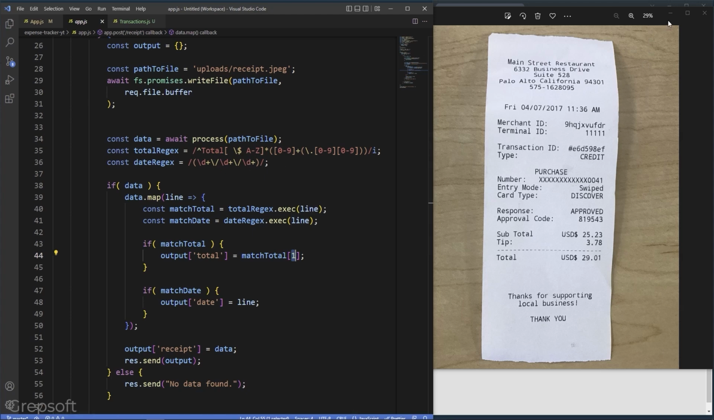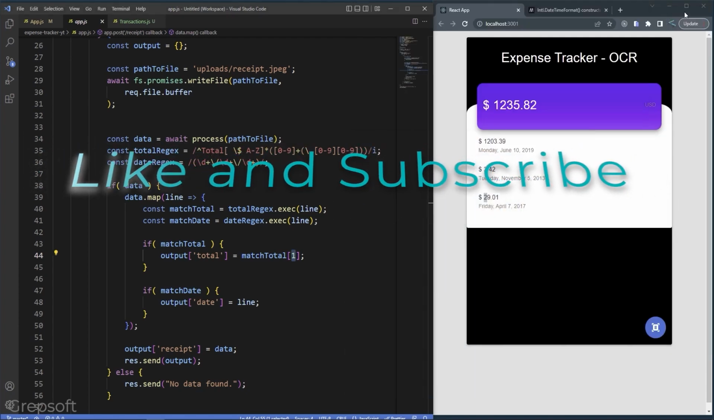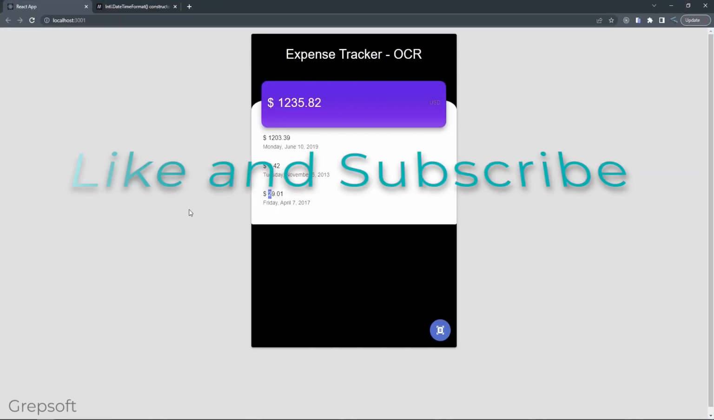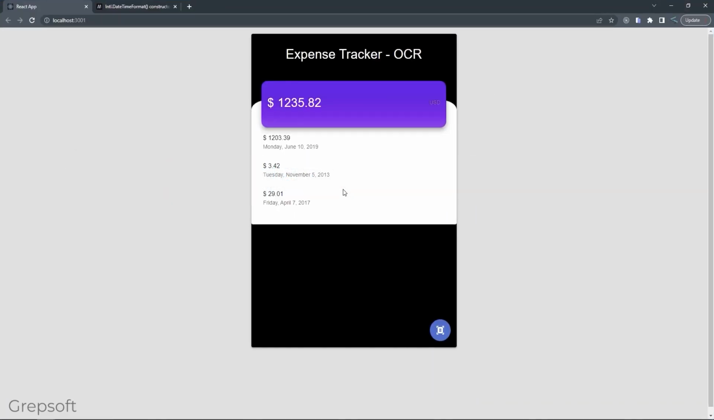So there you go. You have now a very nice expense tracker app with Vision API, Google Cloud Vision API,